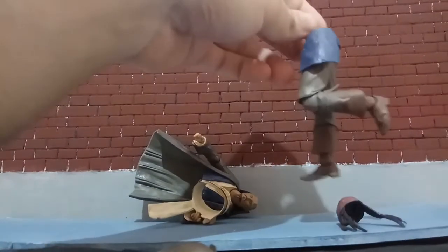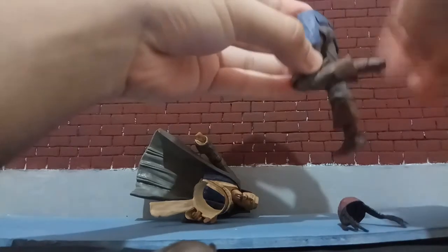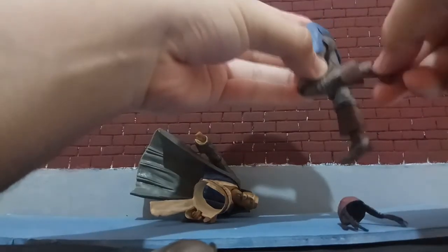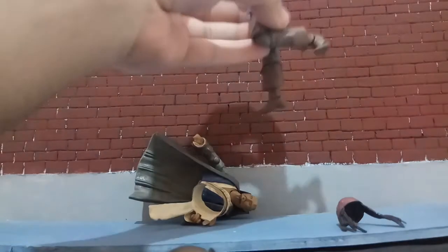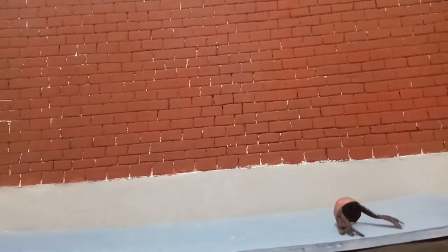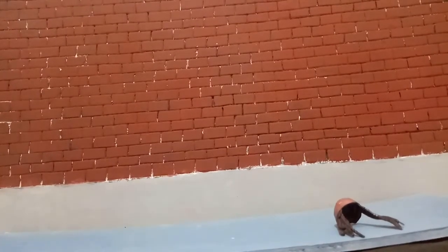Damn it. Knees go that much. He has a swivel here and a pivot, and the toes can bend. Yeah, so that's it for articulation. The figure, I'd say, is a pretty good figure, except that if you play with it too much, you have a lot of